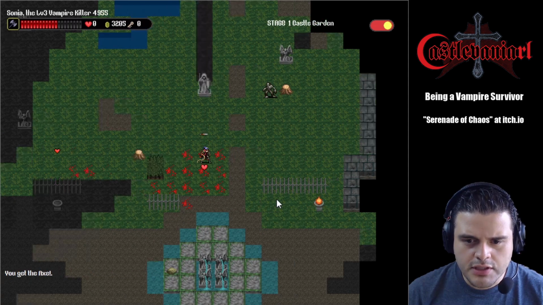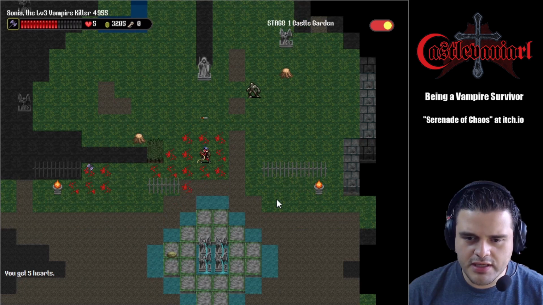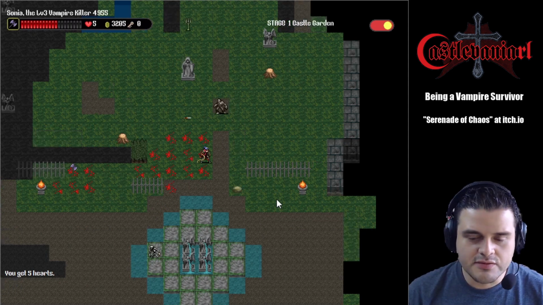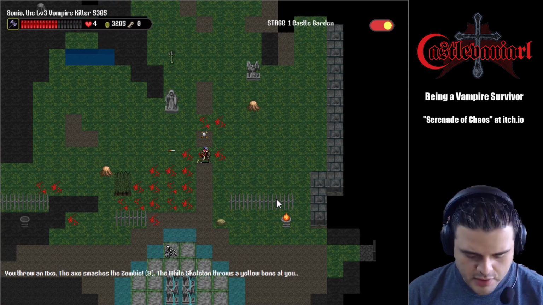No, let's keep the axe. The axe is stronger than the dagger, but has the issue that we have to calculate the arc. But it's worth it, so let's keep it. Alright, so that's an upgrade for the whip, and that's very important. That's going to transform our...